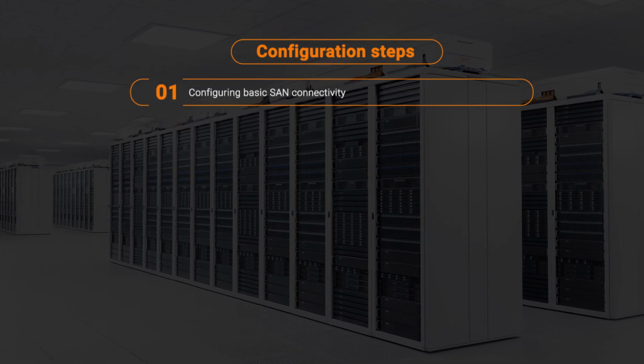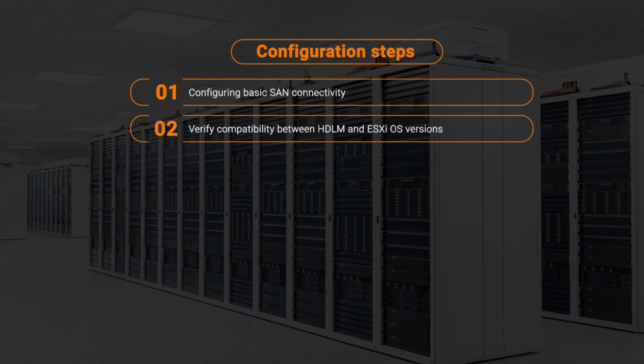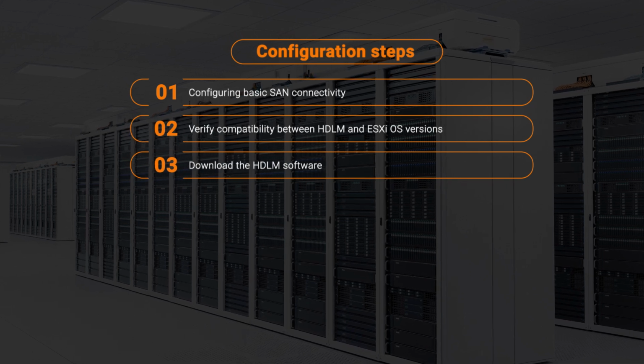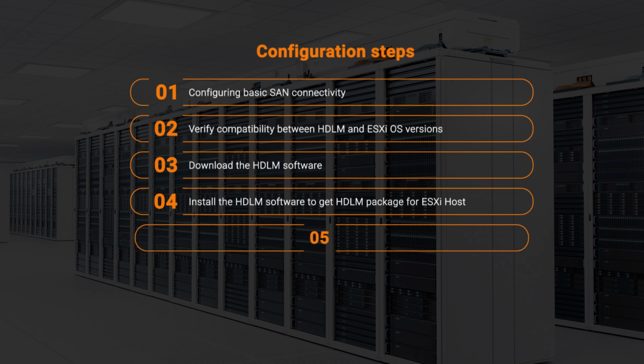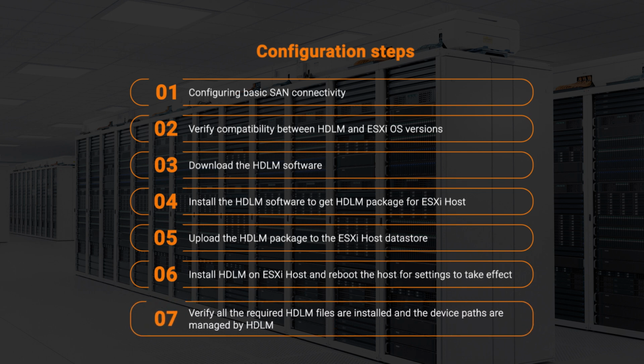Configure basic SAN connectivity. Verify compatibility between HDLM and ESXi OS versions. Download the HDLM software from the Hitachi Vantara support site. Install the HDLM software to get HDLM packages for the ESXi host. Upload the HDLM package to the ESXi host data store. Install HDLM on the ESXi host and reboot the host for the settings to take effect. And verify all the required HDLM files are installed and that the device paths are managed by HDLM from the